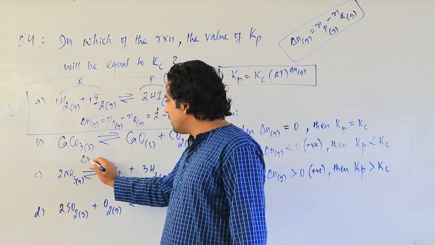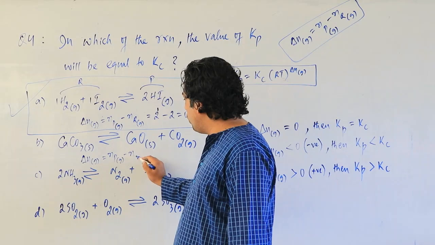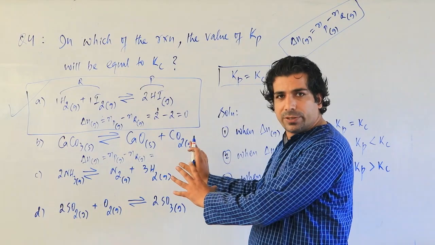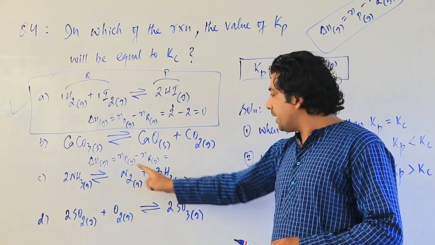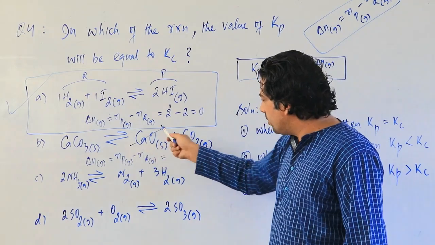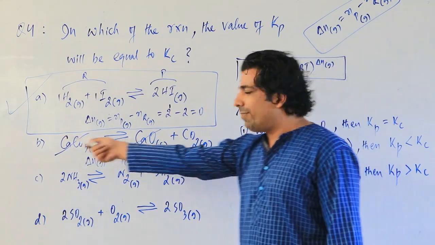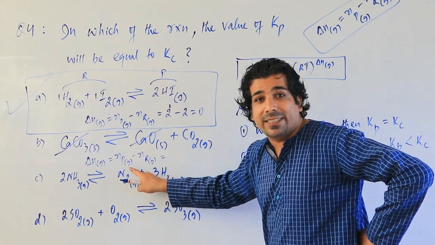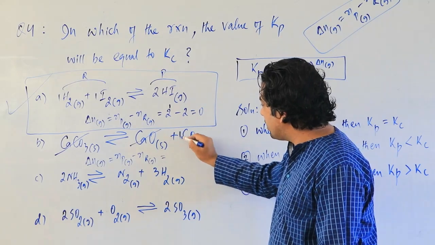Look here. Delta N gaseous is equal to the number of moles of products in the gaseous state minus the number of moles of reactants in the gaseous state. Correct? What happens here? These are my products, but products have to be in the gaseous state. If you look at this product, it is solid, so I will not take this. This reactant is also solid, so solids I will neglect. I have to take only the gaseous state. So obviously this is the only product in the gaseous state. So how many products are in the gaseous state? 1.